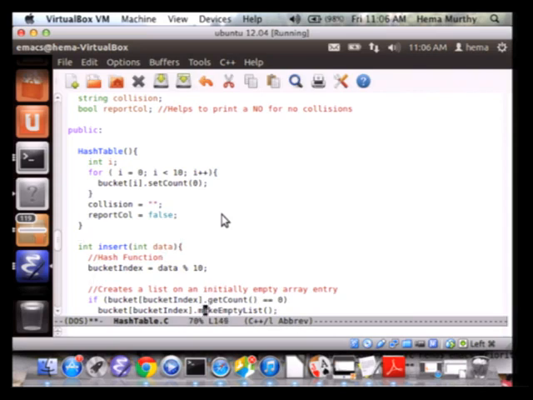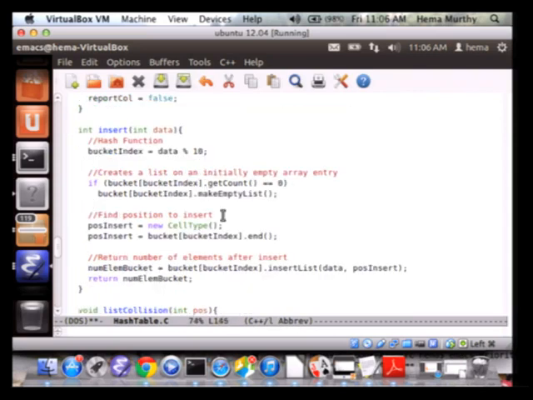Then, to insert an element, we find the bucket index, as defined in the private variable. Once we get the bucket index, we create an empty list if the count is 0, which means there is no list over there. Then we find the position to insert and insert it at the end of the list.